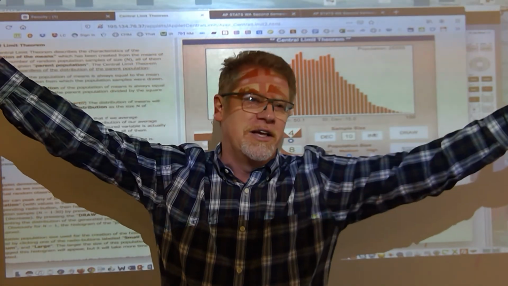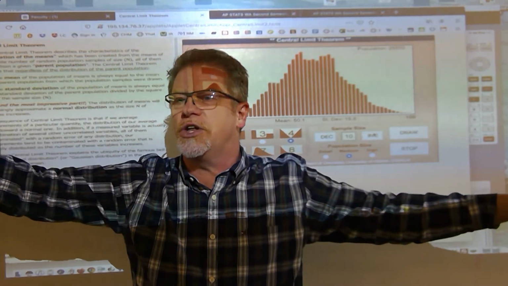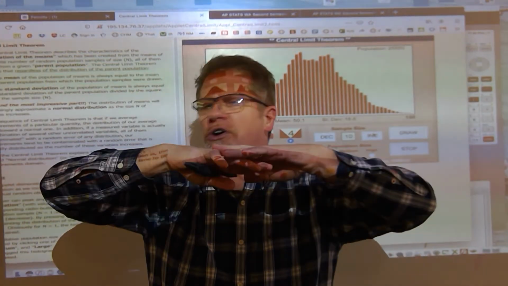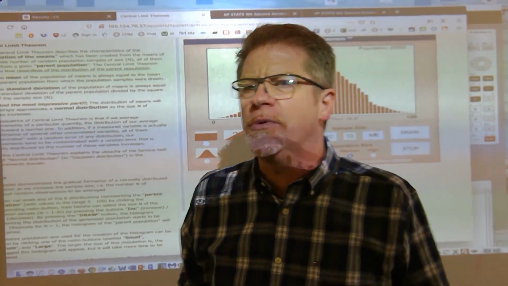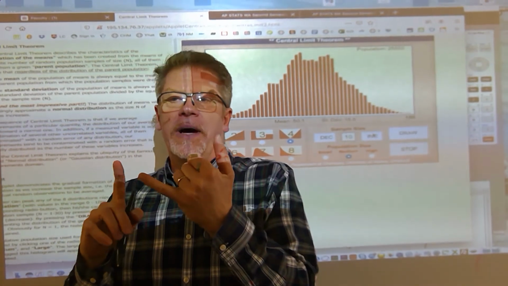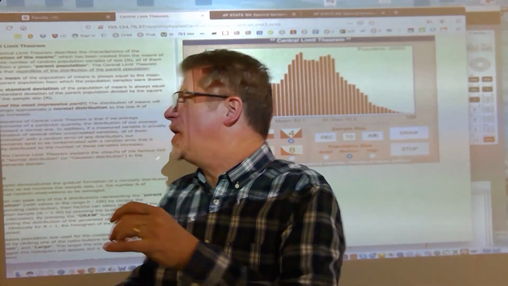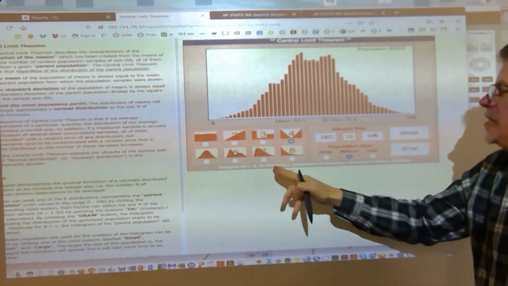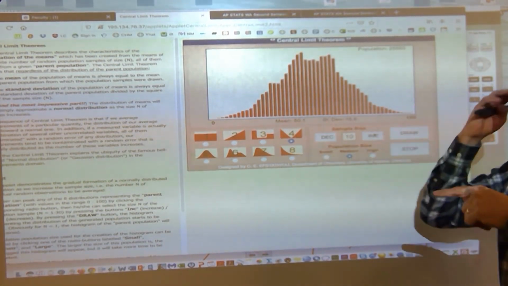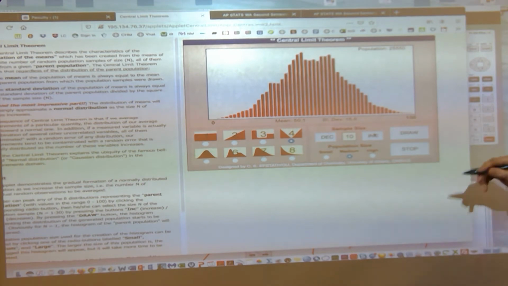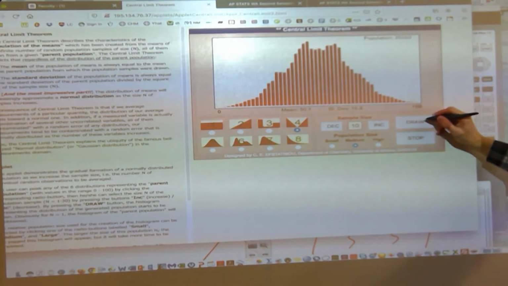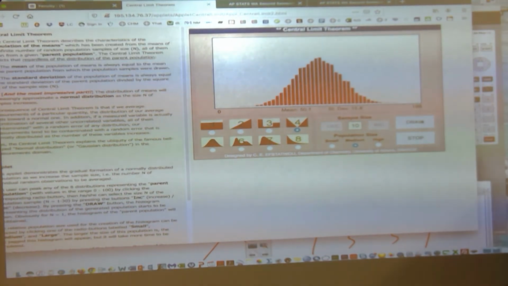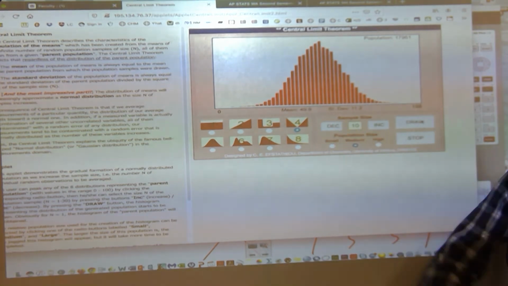It can't be. What do you mean we can always use a normal model as long as the sample size approaches? You're always going to be able to use the normal model for the model of the sampling distribution of sample means. What if the population is non-normal? Laplace said, no. I proved it. The shape of the sampling distribution of sample means becomes more and more normal as n approaches infinity.